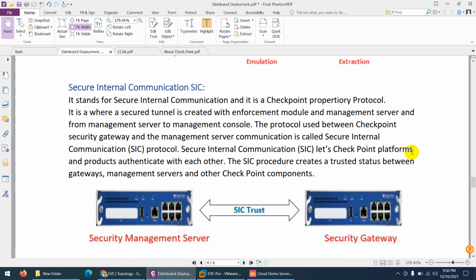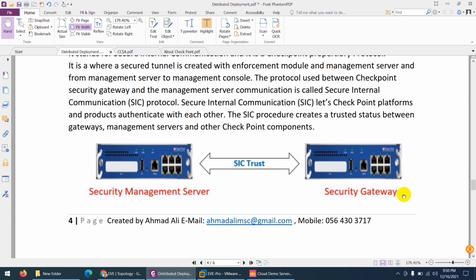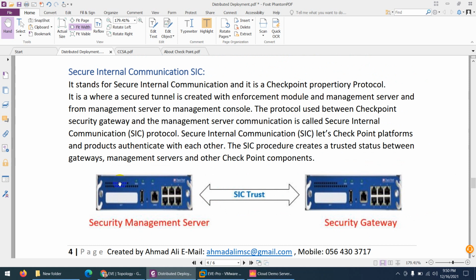Another thing is secure internal communication, which is called SIC. Basically, when Checkpoint products communicate with each other, they use a Checkpoint proprietary protocol with a secure channel. Suppose we have a security management server and a security gateway. We create the policy on the security management server and then send it to the security gateway.